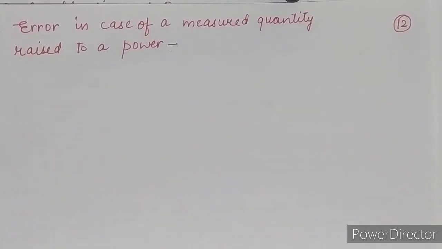Among these five, we discussed two types in our previous lecture, and the other two I gave you for homework. We discussed the error of a sum and the error of a product, and one numerical was solved for each type. The similar calculation portion of the error of a difference and a quotient I gave you for your homework, and I hope that you have solved that also.